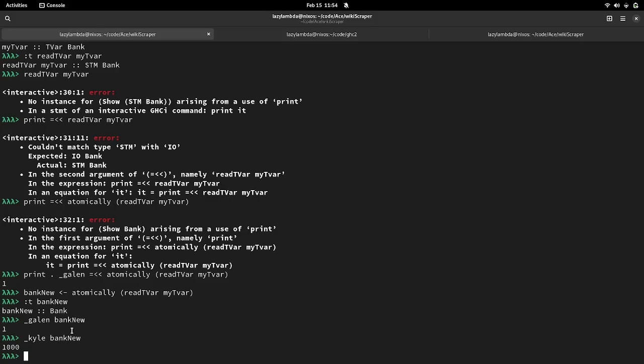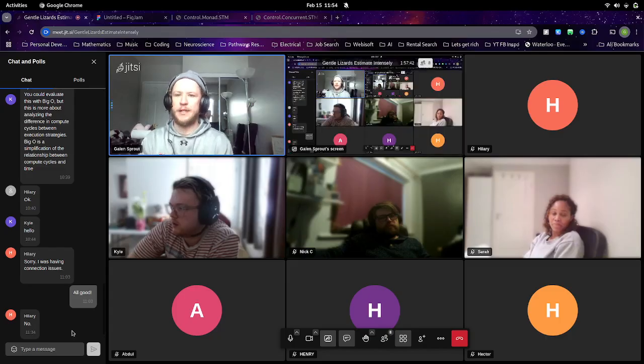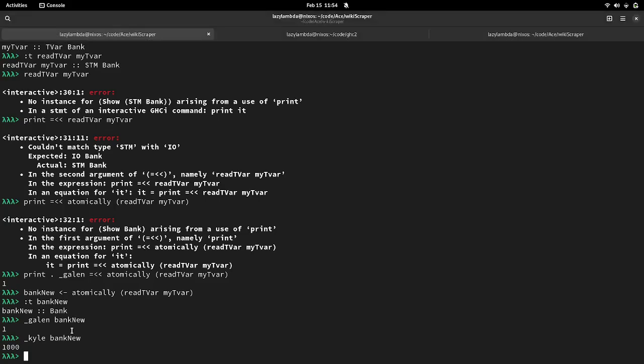Yeah. Ultimately, the reason is just purity. At the end of the day, everything in Haskell is pure except for IO. So we just want to limit the amount of things we're doing in STM. STM is not meant to be able to do anything besides getting and putting the data.